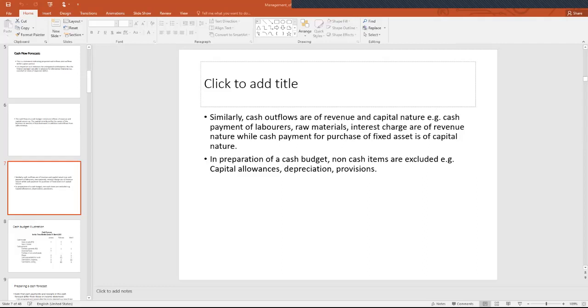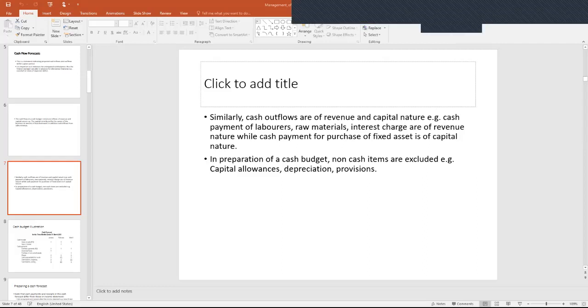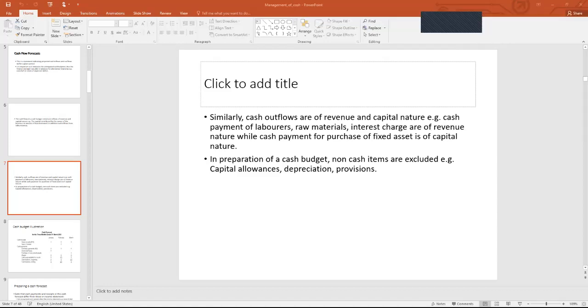Accruals basis of preparing financial statements is that if, for instance, you have an expense, we make the recognition of the expense in the books of the company when we incur it, not when you pay for it. You make the recognition in the books of the company when you incur that expense, not when you pay the expense. When it comes to revenue, you make the recognition of the revenue when you earn it, not when you receive the cash.